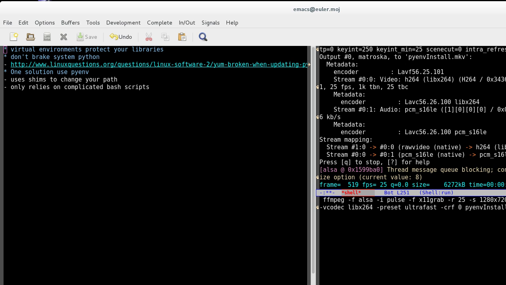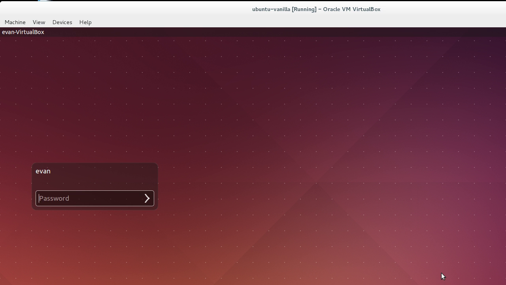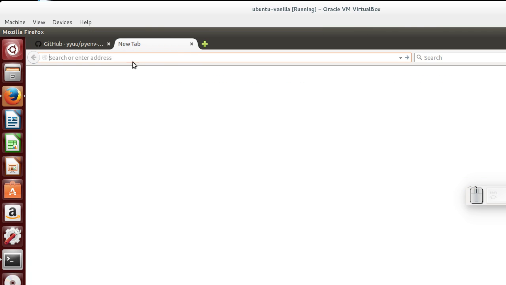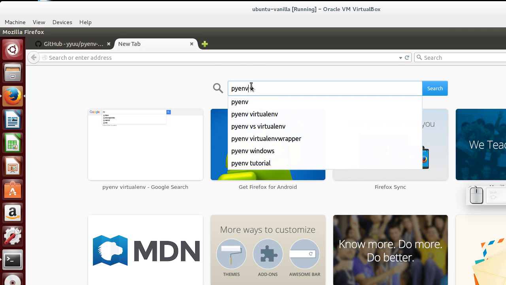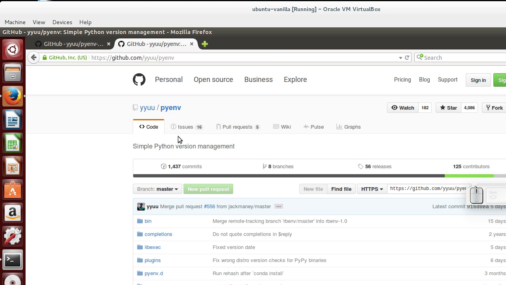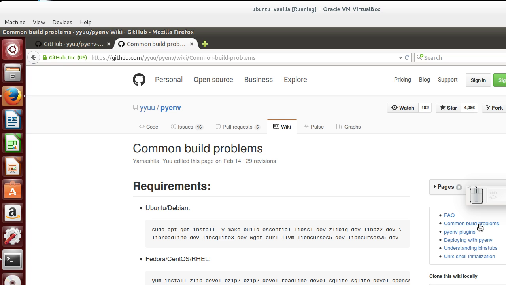All right, now the first thing that you have to understand is that you want to start with a fresh Google search, say pyenv. It will immediately take you to the GitHub page. Instead of going into the installation instructions, go to the wiki. The wiki has common build problems, which are actually requirements that your development environment needs in order to